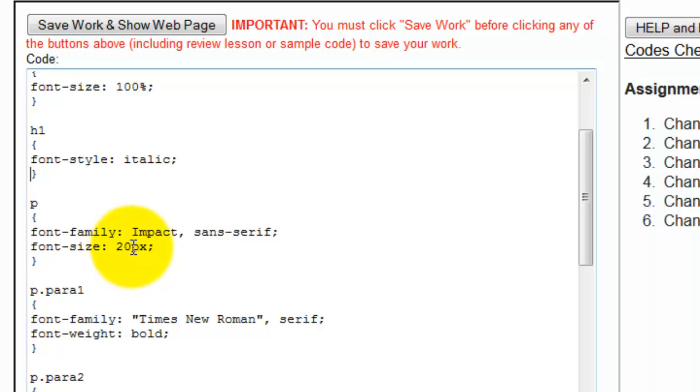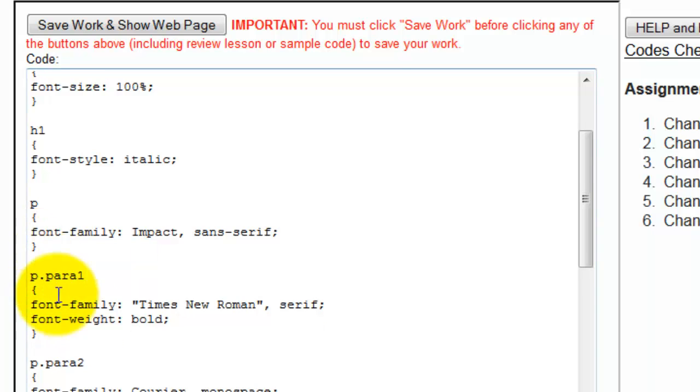And what we want to do is say that the paragraph size is going to be, actually let's do this down here. Paragraph 1 is going to be a font size of 1em. Now 1em, if we remember, the default size is 16 pixels. So 1em would be 1 times 16, which is